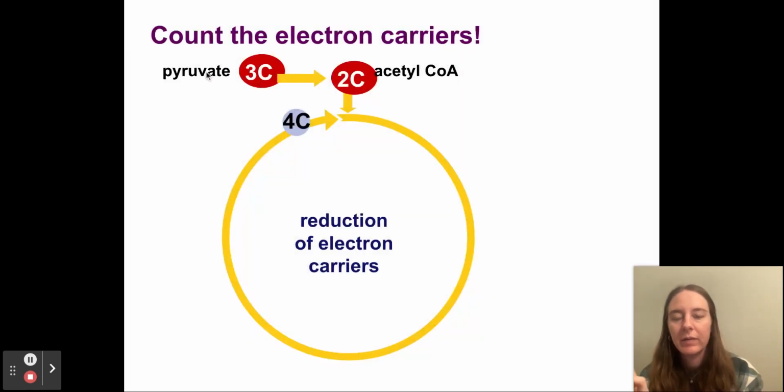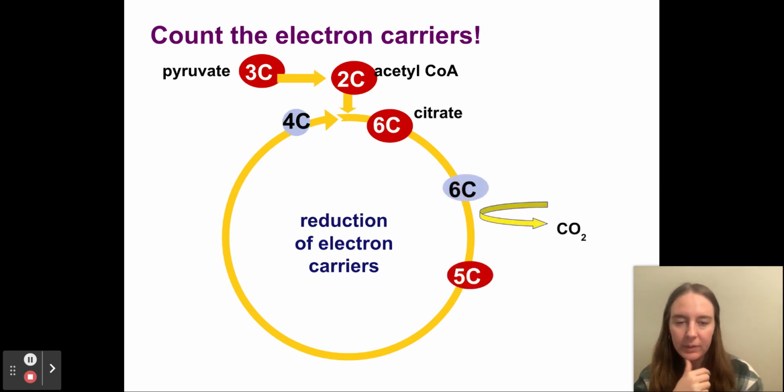Once again, we have our pyruvate, 3 carbons. We have oxidized it. We've created some NADH in the pyruvate oxidation stage, and we have now taken off a CO2. If you think back to our pyruvate oxidation, we have our acetyl-CoA, 2 of these. We add on our 4 carbon to make a 6-carbon sugar, citrate. We already talked about that. We also already talked about how we pull off a carbon dioxide, so now we have a 5-carbon